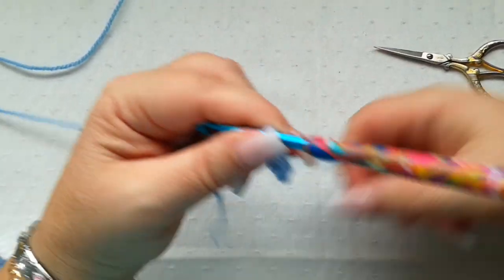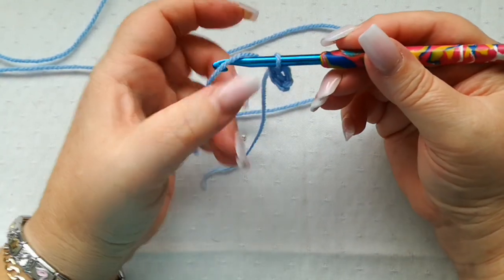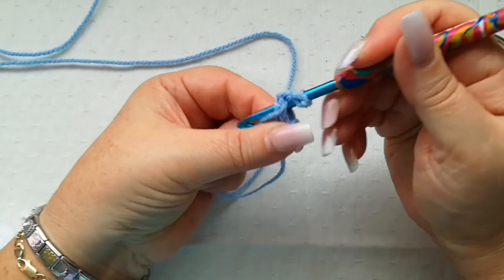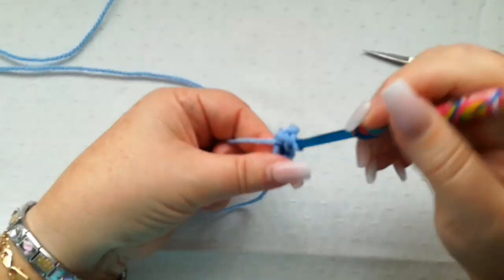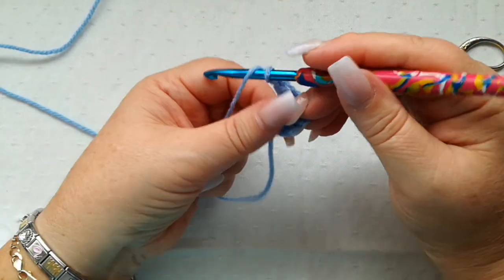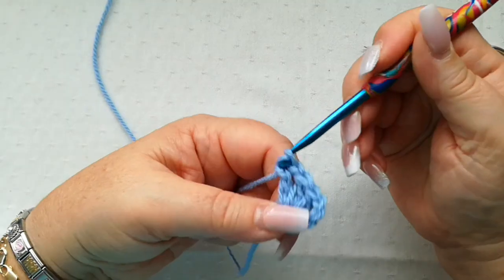The first stitch is 3 chain, that counts as the first double, and then we do another 2 doubles into the ring, 1 and 2, followed by a chain 1, 3 doubles,